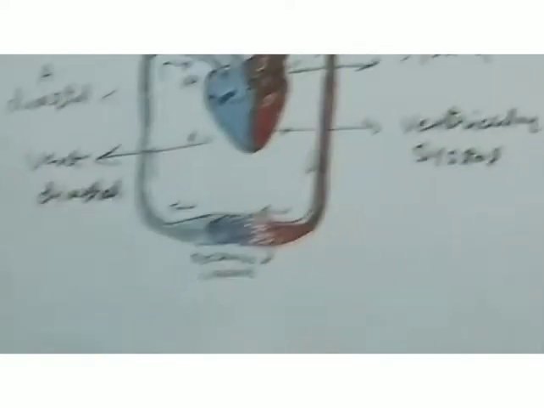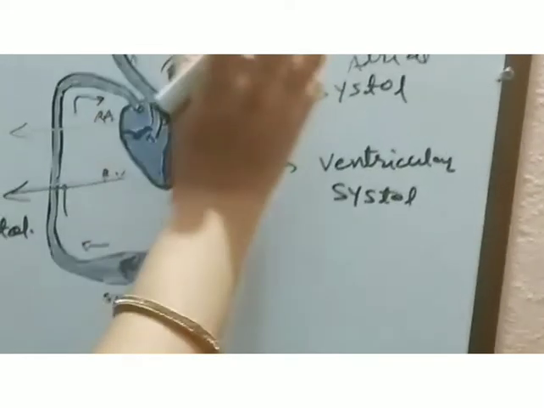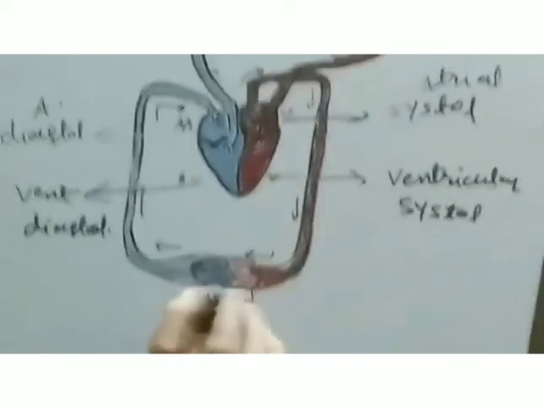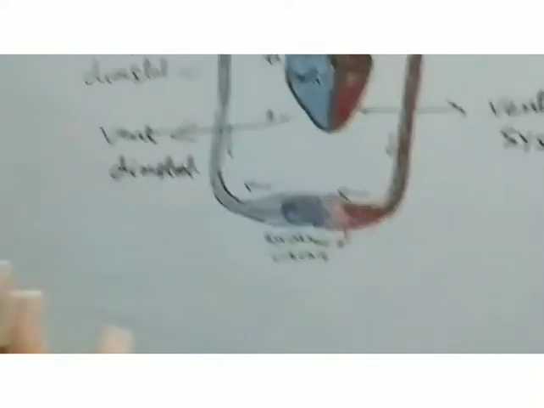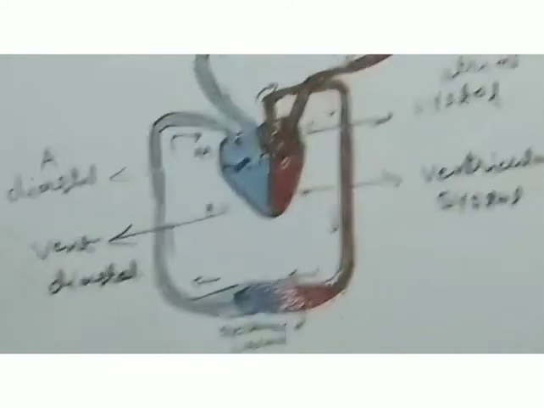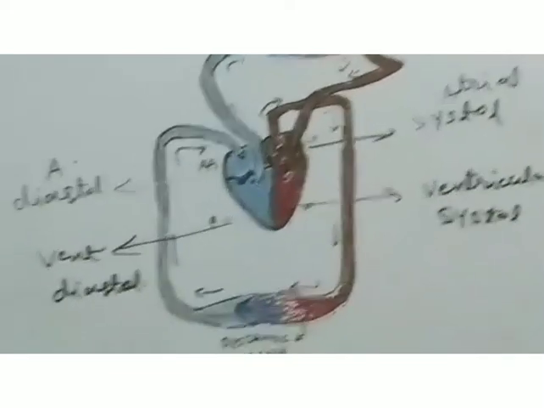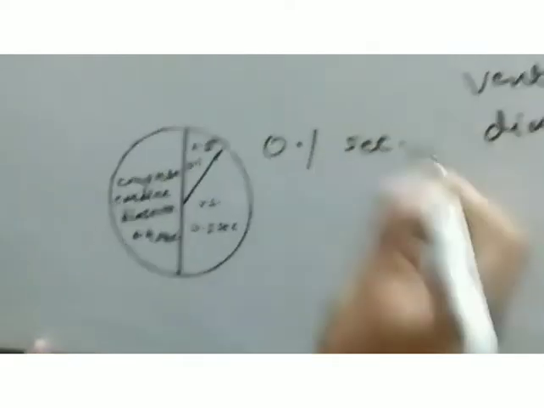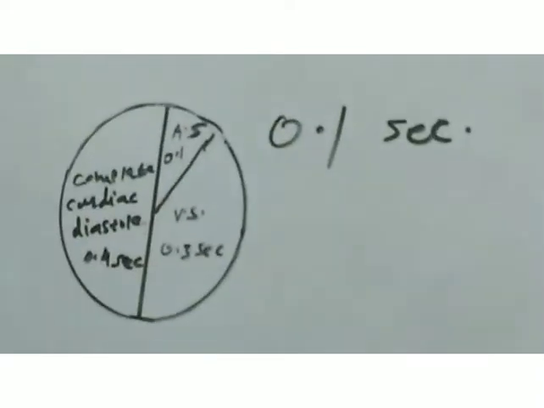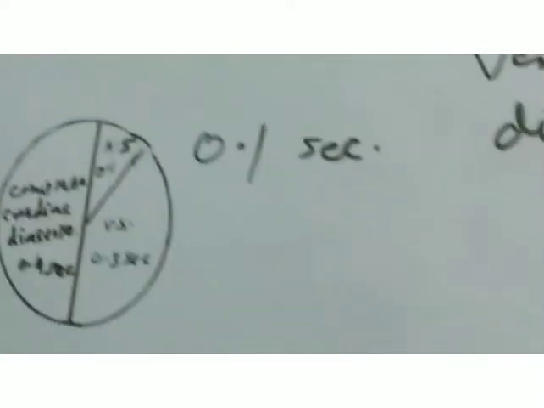During one cardiac cycle, the heart receives blood, sends it for purification, then again receives pure blood and circulates it to the body parts. In this way, it completes one cardiac cycle. There is a fixed time for this cardiac cycle, in which one atrial systole is of 0.1 second. Then they show diastole. During the atrial systole, the ventricles dilate. Then after, when the ventricle shows systole, the atria dilate.